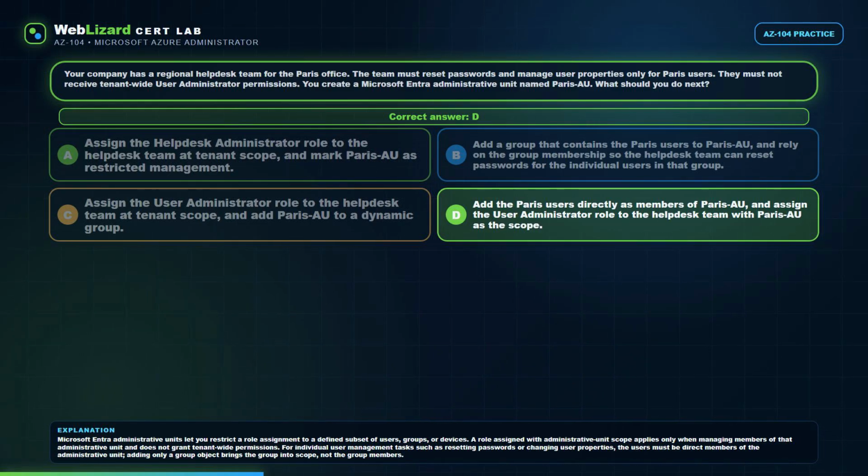The correct answer is D. Add the Paris users directly as members of Paris AU, and assign the User Administrator role to the Help Desk team with Paris AU as the scope. Microsoft Entra administrative units let you restrict a role assignment to a defined subset of users, groups, or devices. A role assigned with administrative unit scope applies only when managing members of that administrative unit,